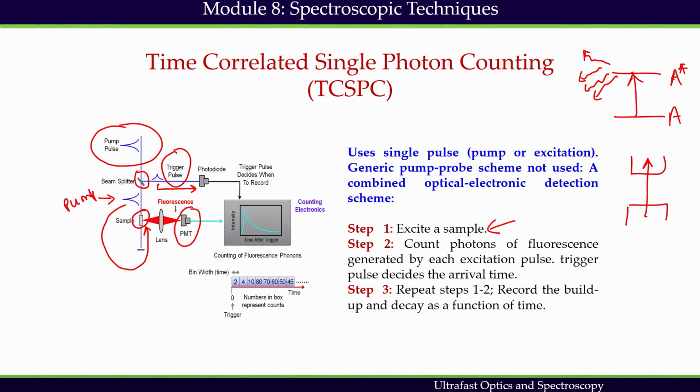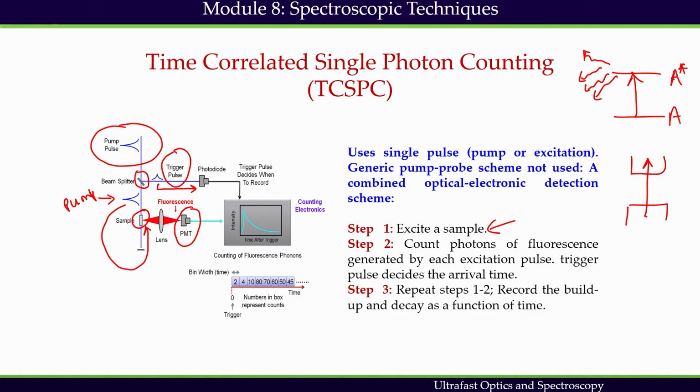Each excitation pulse induces fluorescence. Generally, an ultrafast laser source produces a train of pulses, and as a result each pulse will induce fluorescence in the sample. Therefore, the temporal separation between excitation pulses, determined by the repetition rate of the laser, must be longer than the